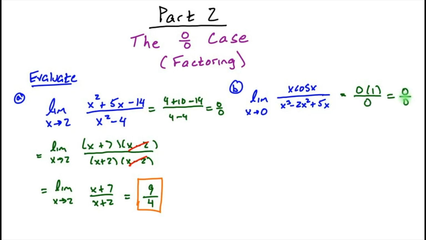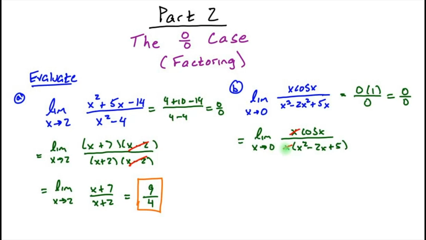Again, an indicator that we should go back and try to simplify this. There are going to be multiple ways to simplify and rearrange these expressions. But for now, we're focusing on factoring, and I notice in the bottom I can factor out an x. That's all I can do, though. So rewriting this, we'll have x cosine of x divided by x times the quantity x squared minus 2x plus 5. Oh, look, we can cancel out those x's,